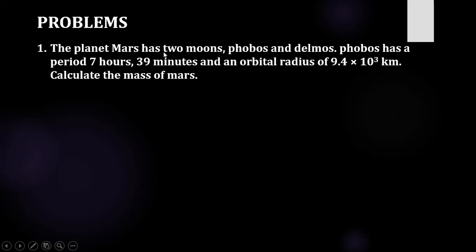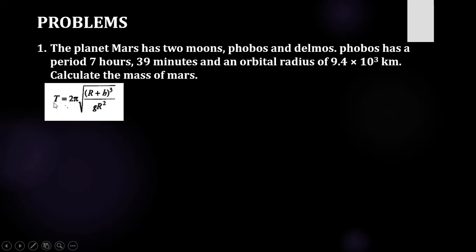The planet Mars has two moons, Phobos and Deimos. Phobos has a period of 7 hours 39 minutes and orbital radius 9.4 into 10 to the power of 3 kilometer, and you have to calculate the mass of Mars. Mars is a planet, you have to calculate its mass. So the formula is very simple, you have already gone through it: T equal to 2 pi root of (R plus h) cube divided by g R square,